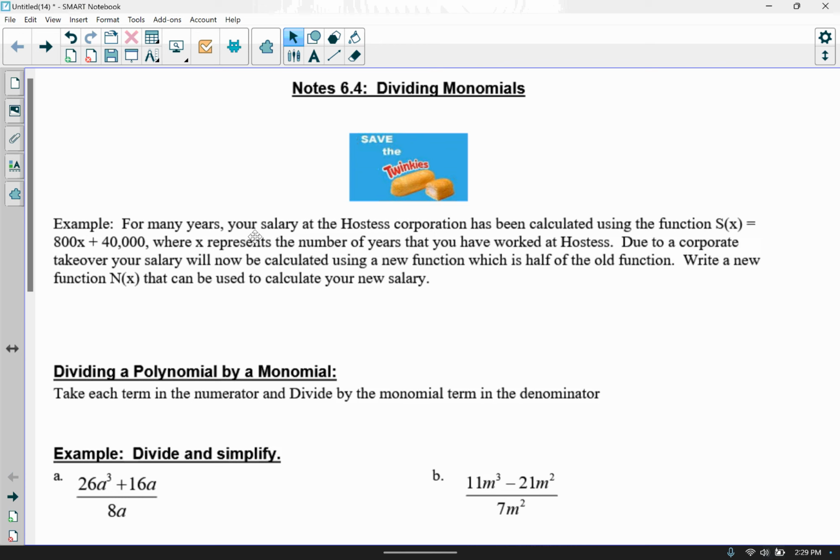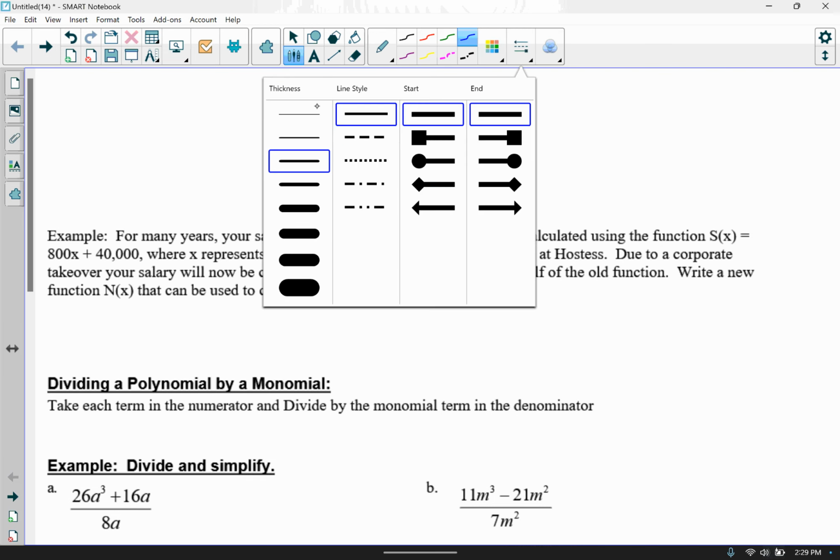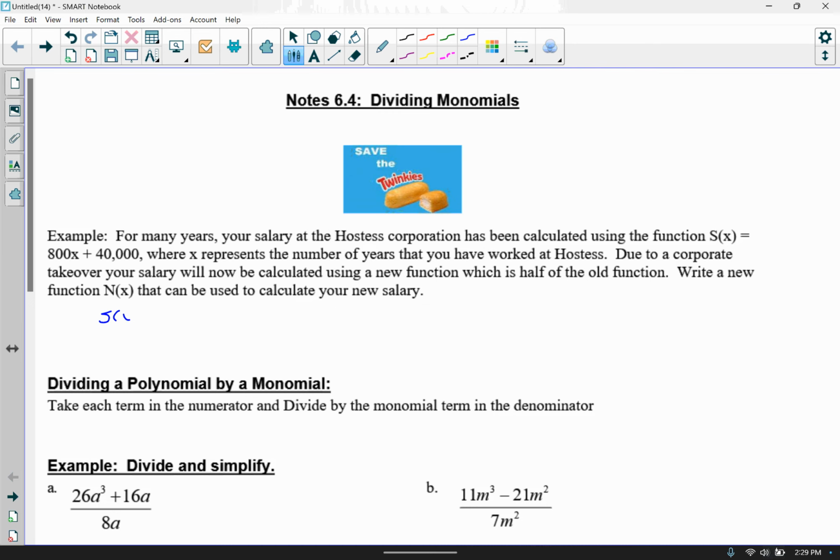First example says that for many years, your salary at Hostess had been calculated using this function here, f of x equals 800x plus 40,000. And x represents the number of years that you worked at Hostess. Due to a corporate takeover, your salary is now being calculated using a new function, which is half of your old function. So they want us to write a new function, n of x, that can be used to calculate our salary. So n of x, our new salary, would be equal to our old salary